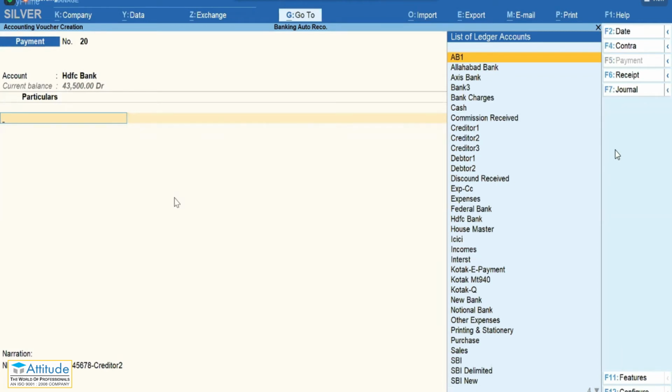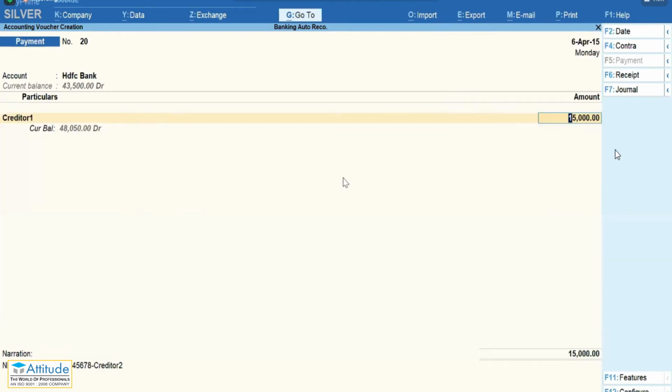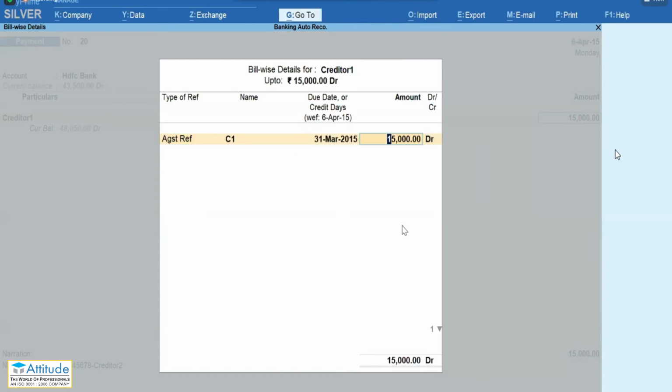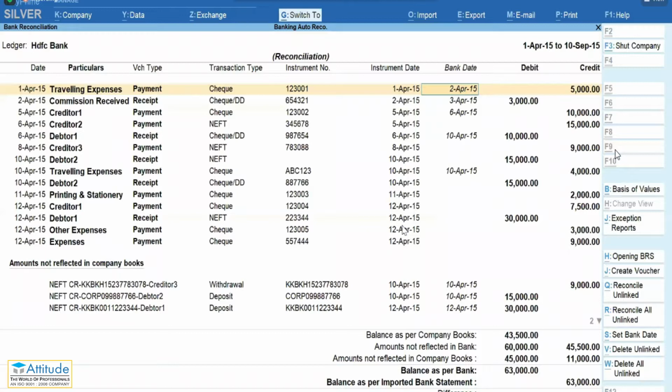All you have to do is enter the withdrawal: who was the person or the party for which the amount was withdrawn? The 15,000 amount is already here. You just pass that entry. Once you pass that entry, it has gone from this section and it is already reconciled.